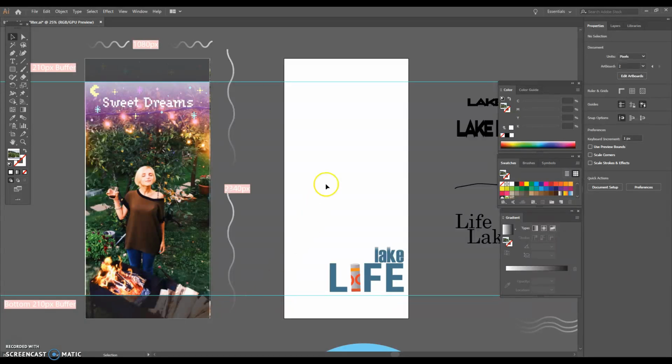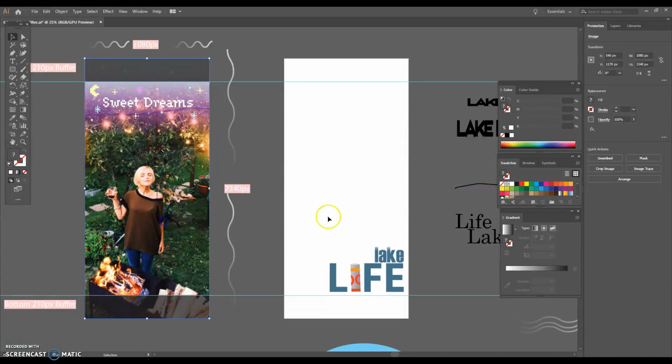So to do that, you have your design already made. You need to bring a photo in. You don't need to find a photo that's the exact size of your phone screen. You can look online for any photo. You can place one that you already have. You can take one off your phone or your drive. If you do go ahead and look online,